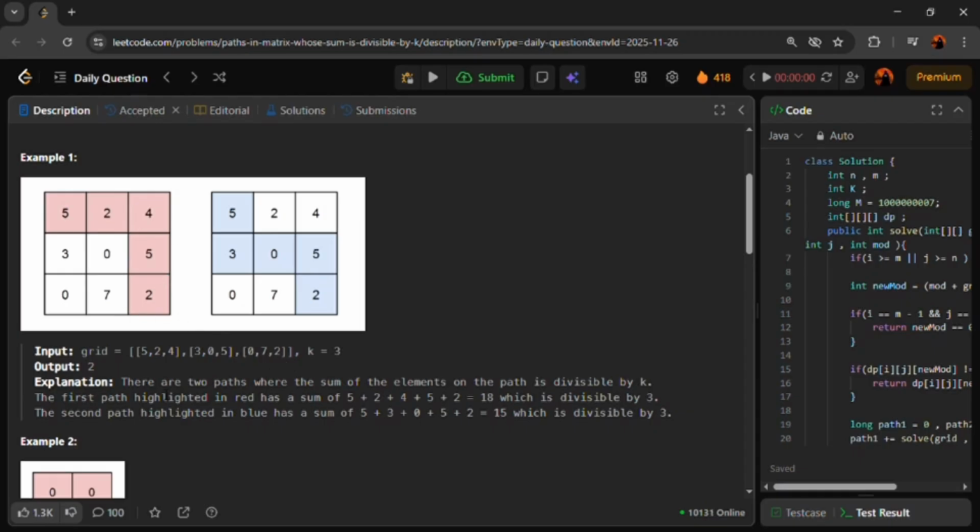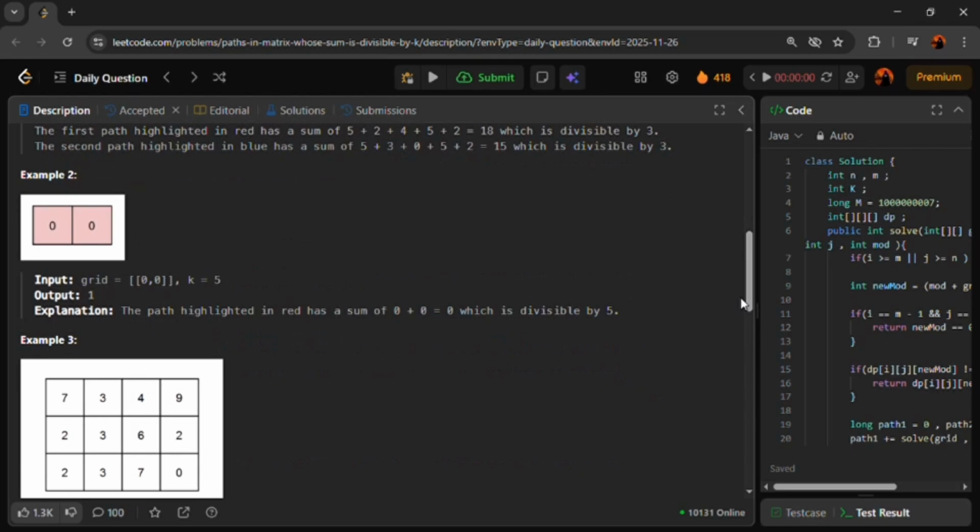Okay, let's go to example number 2. The example is given of a 1 cross 2 matrix, and the divisor is 5. So we can see that we can only go right, we can't go down because